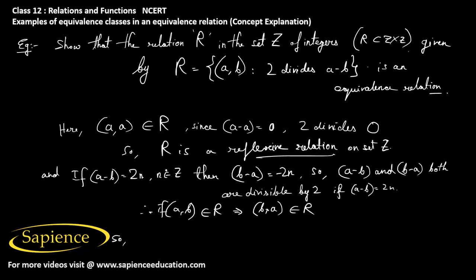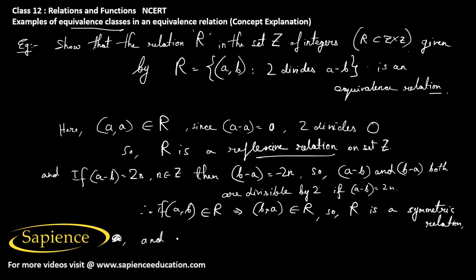So actually, first we have to show that this given relation R is an equivalence relation, and then we have to find its equivalence classes. So if (a, b) belongs to R, then it implies (b, a) also belongs to R. So R is a symmetric relation,